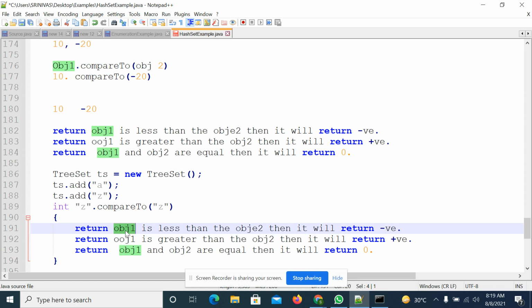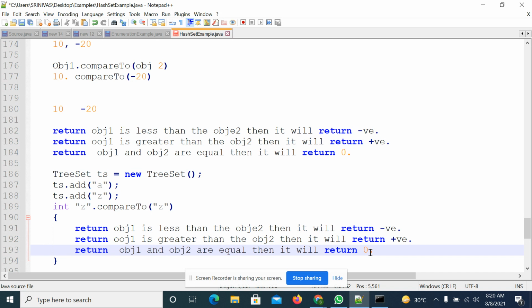If the first object has to come before the second object, it will return a negative number. If the first object must come after the next object, it will return a positive number. If both are the same, it will return 0. That means it won't accept duplicate data, it won't add the data. So in this way it will work at the back end whenever you are using natural sorting order.